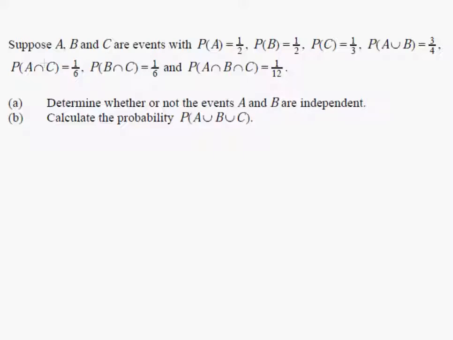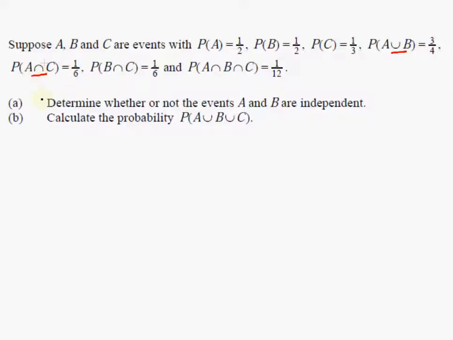Suppose A, B, and C are events such that the probability of A is 1/2, the probability of B is 1/2, the probability of C is 1/3. The probability of A union B, that's union there, that symbol there, just in case you're not familiar with it, is 3/4. That means A or B or both. A intersection C is